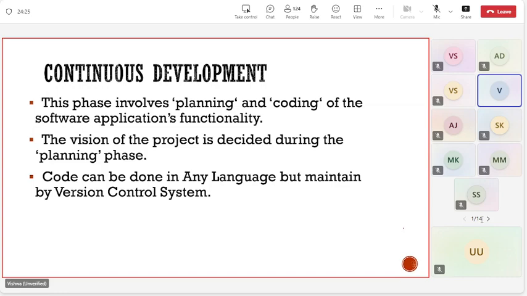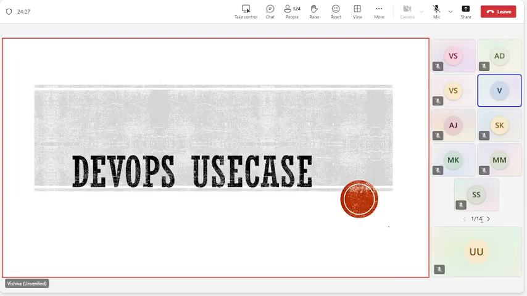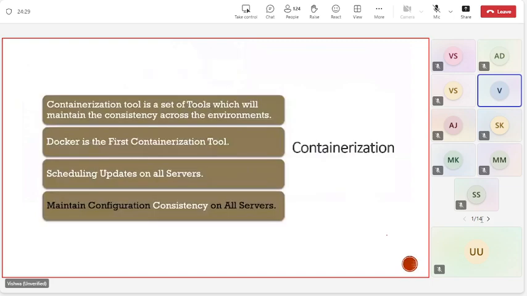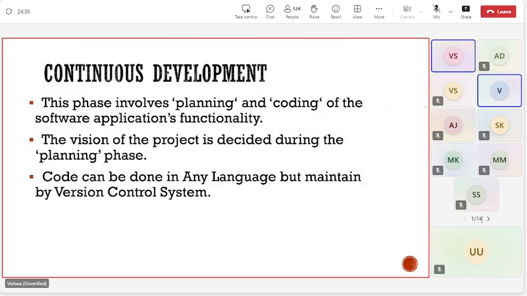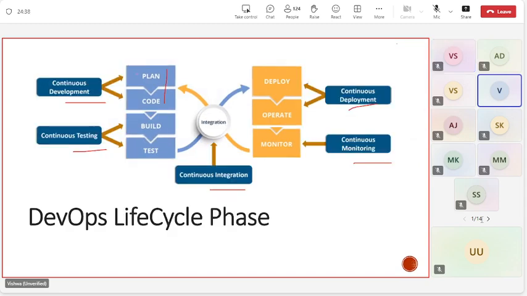Okay. Now, if I have to equate this to AWS, so here for the plan and code, we have the code commit.